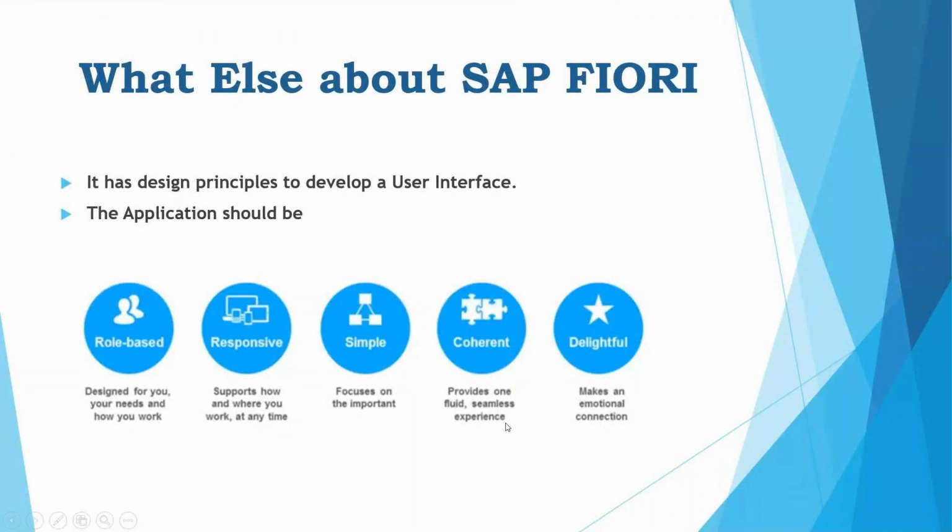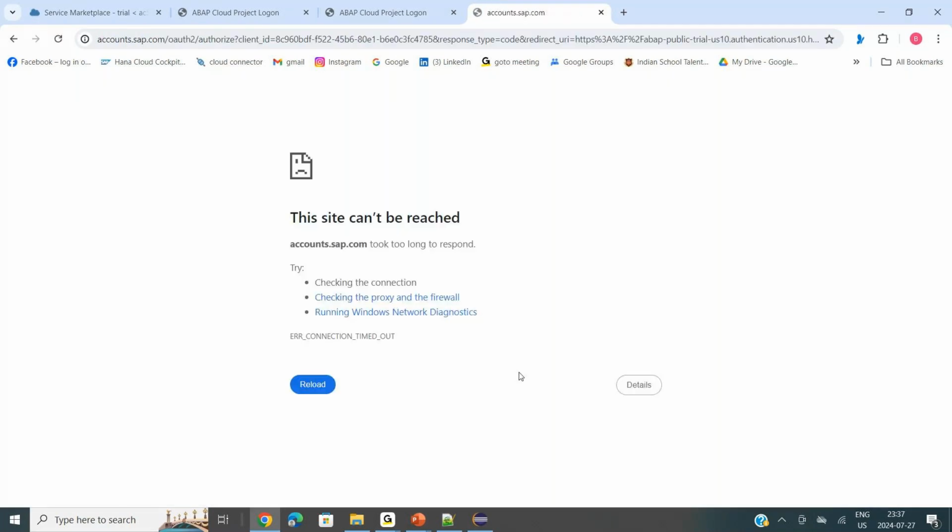Coherent provides one fluid and seamless experience. For creating the sales order, the screen is different. For creating the purchase order, the screen is different. For creating the invoice, the screen is different. But when you are talking about the guidelines of SAP Fiori, you should have only one template, so that the end users will not be confused,